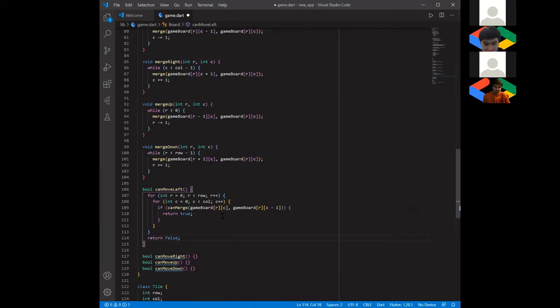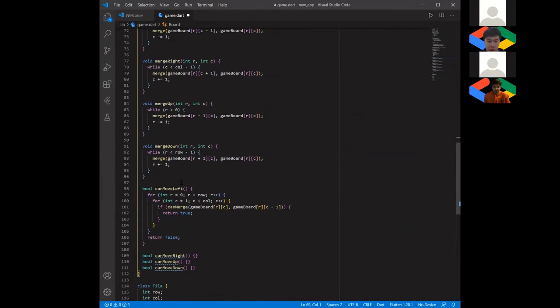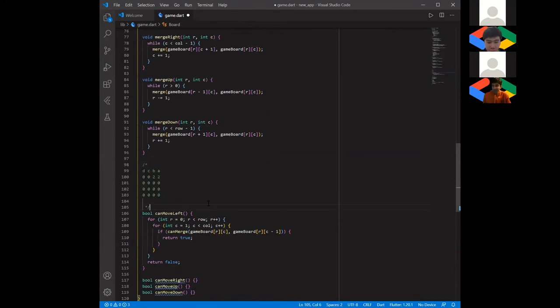However, there's one small thing we have to be careful of. Instead of just starting this at 0, we actually want to start it at 1. And I'll demonstrate why here. I'll grab this picture here. So if it was 0, we want to check if this tile can merge with the one on its left. So C is 0. However, you will notice that this will become C minus 1, so -1. But there's no tile on the -1 column. So that's why we start at 1, because it checks if this one,